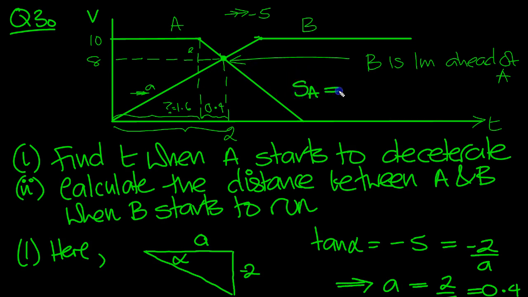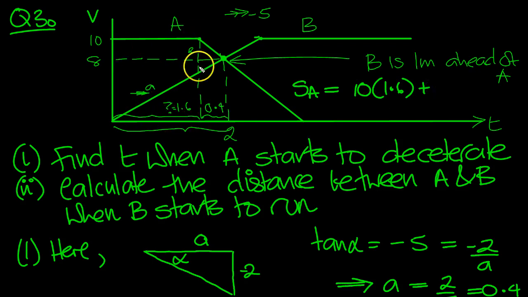SA is the distance that A travels to get here, where B is 1 meter ahead. That's this rectangle, base times height: 10 times 1.6, plus